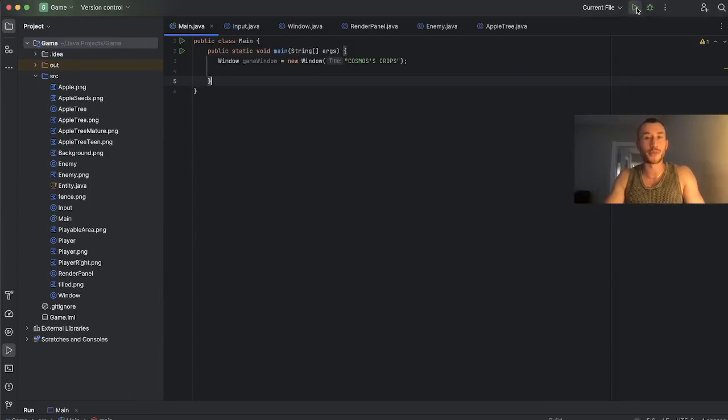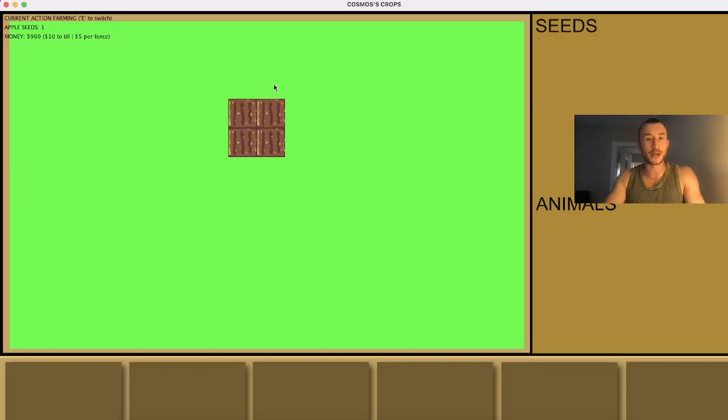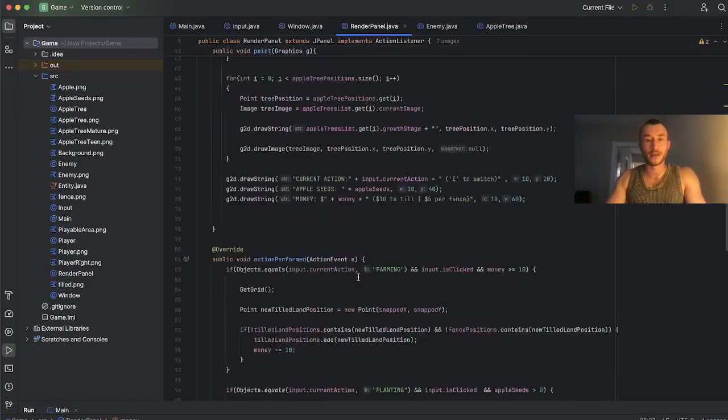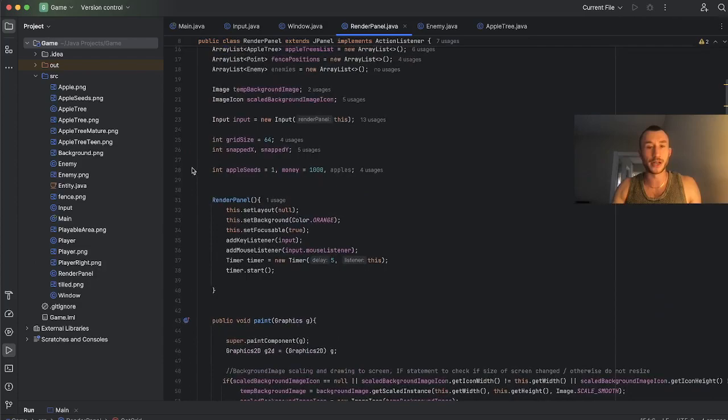Alright, I'm going to show you how to make a quick grid system in Java. Place tiles right next to each other like this, and they always match up perfectly. Alright, so all you have to do, you define a grid